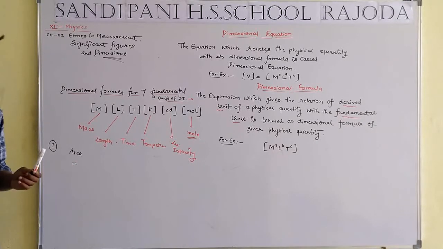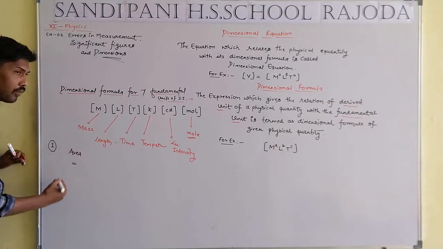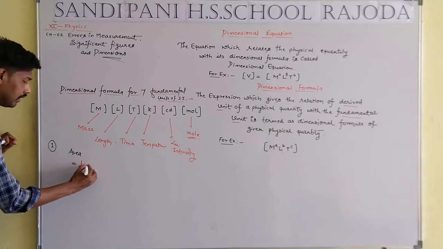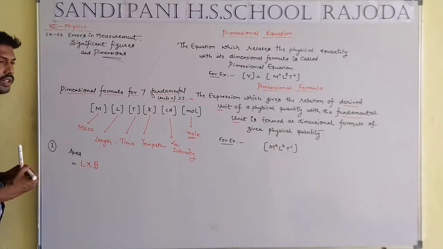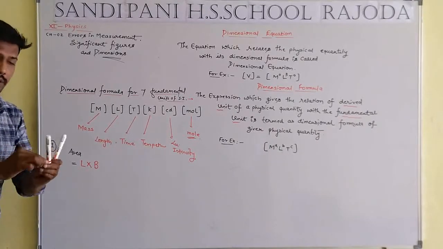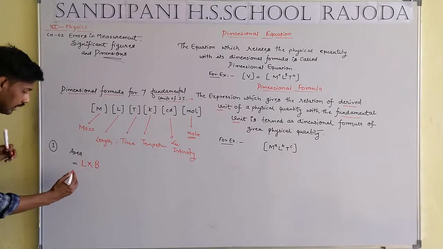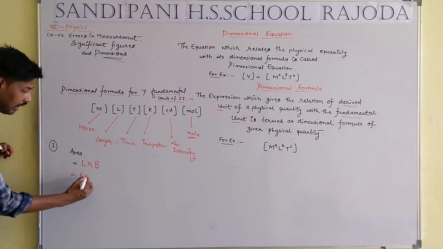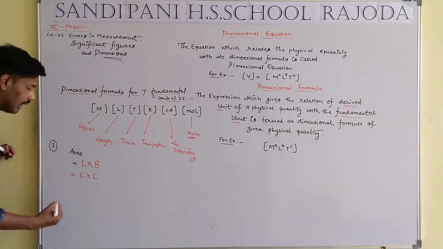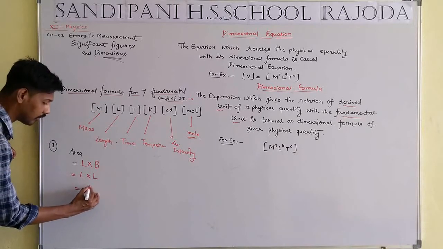ठीक है, according to the class 6, 7th, 8th, 9th, 10th and so on, area will be equal to length into breadth. Length, what is the meaning of the length, student? Length means a measurement, breadth also a type of measurement. So length is represented by L and breadth also is represented by L. L into L will be equal to L square.